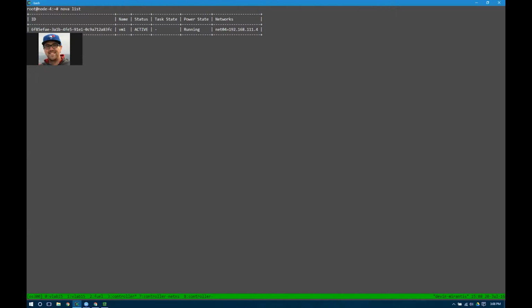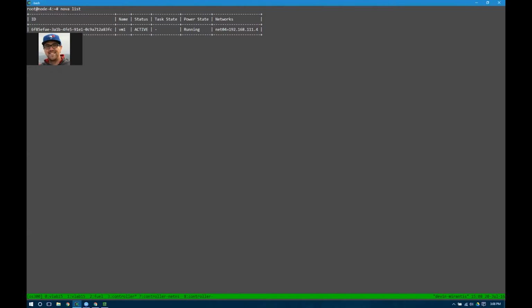If you wanted to align this VM to Ceph and where its storage device resides on Ceph, then what you can do is